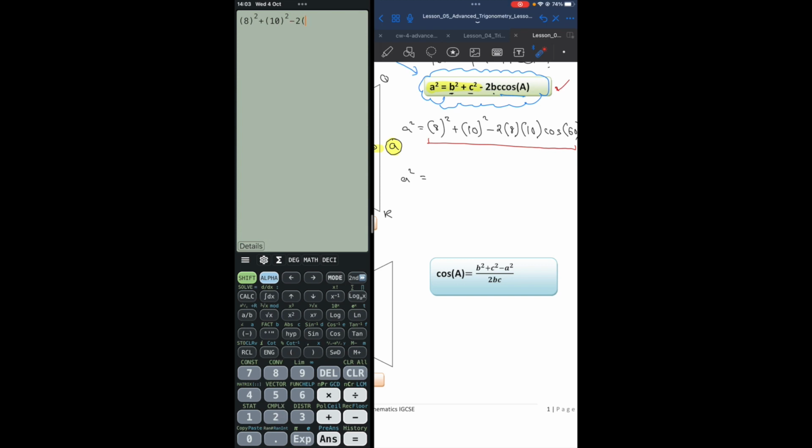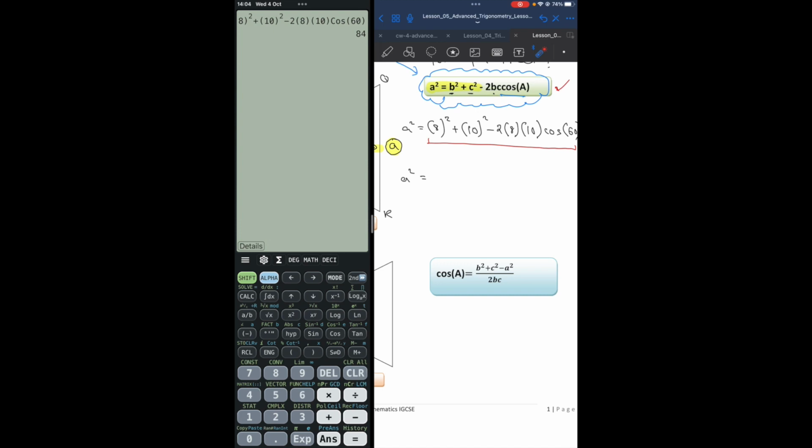So 2 open bracket, 8 close bracket, and then 10 in its own bracket, and then at the end don't forget to put the cos 60 and then close the bracket at the end,